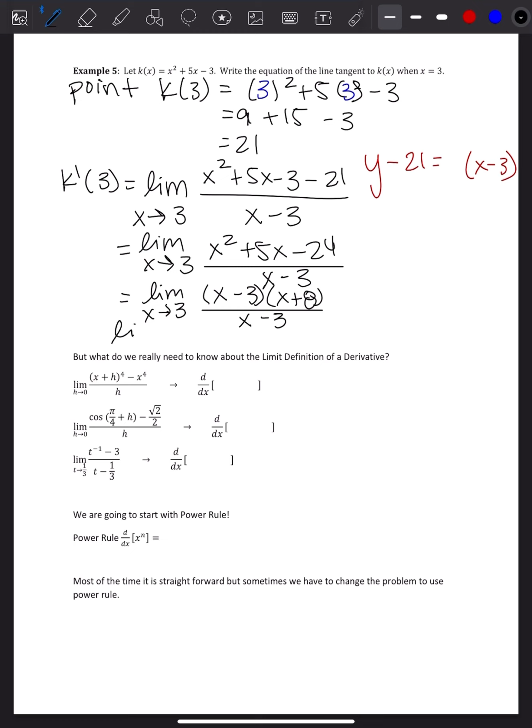When I do that, I'm now looking at the limit as x approaches 3 of x plus 8. And now I can use direct substitution here. So 3 plus 8 gives us 11. So I can go ahead and put 11 in. Thankfully, we are not going to be worrying about that. So in a second, we're going to talk about what we care about with the